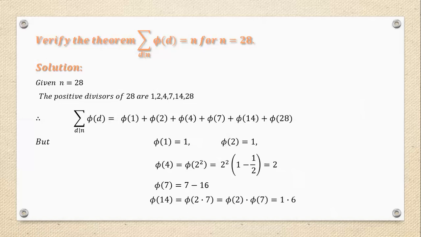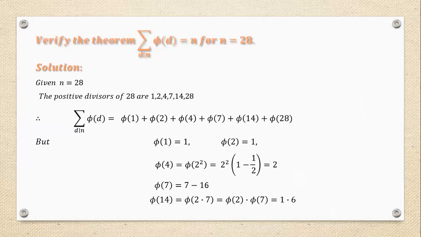Okay. Phi of 2: 2 is a prime number. If it is a prime number, we reduce one from the value. That is what Euler's function gave in our previous class. Now look at phi of 4. 4 is a composite number. We have to convert the composite number into prime factors. So 4 can be written as 2 square. We discussed one formula, that is 2 square into 1 minus 1 by 2. After simplifying, we get 2 as the answer for phi of 4.